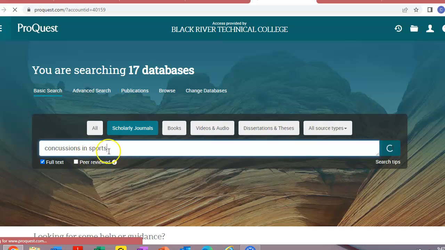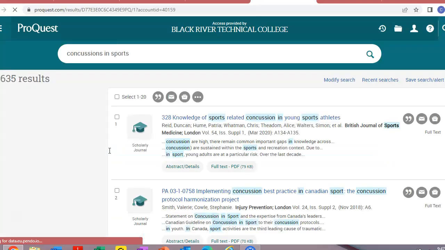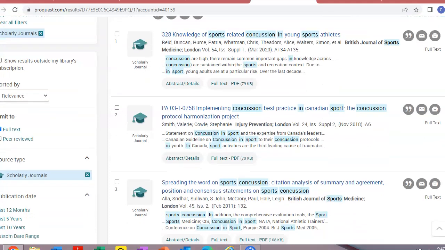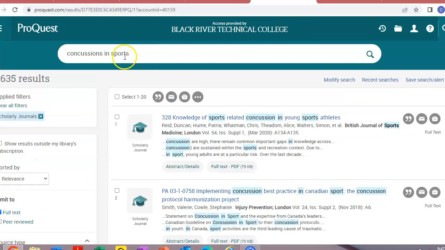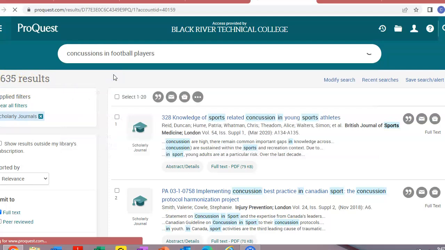As you saw before we typed in sports, there were several different selections, and athletes, and it actually brought up concussions in sports. Looks like we have 635 results. So we can scroll down and look through to see what we might want to work with. And if we want to narrow it down up here, in sports, we can do football players, and that might narrow our search results down even more. We have 635 results over here. So if we do football players,